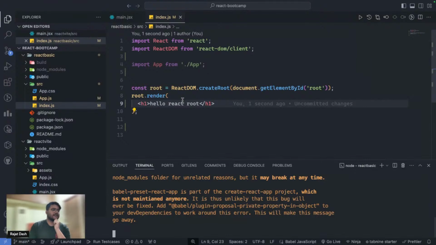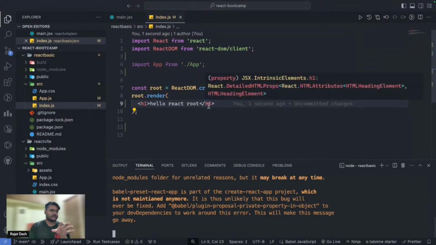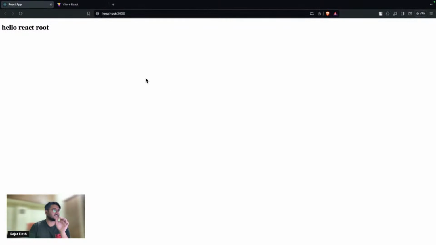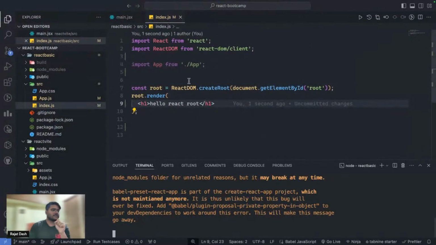In the index file, I have removed the React StrictMode and the component. I simply passed a hello world, hello root here, and our application is still running. If you are thinking this is simple HTML, it is not that simple.